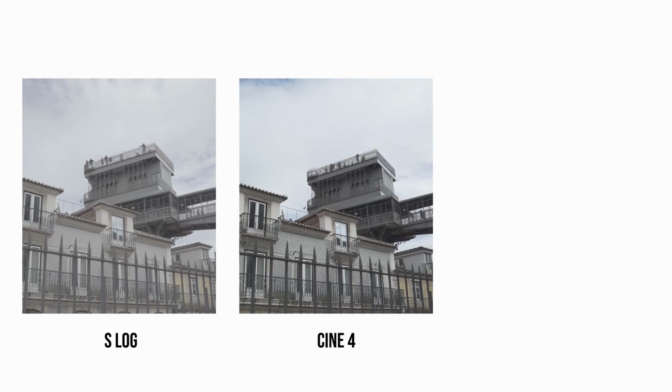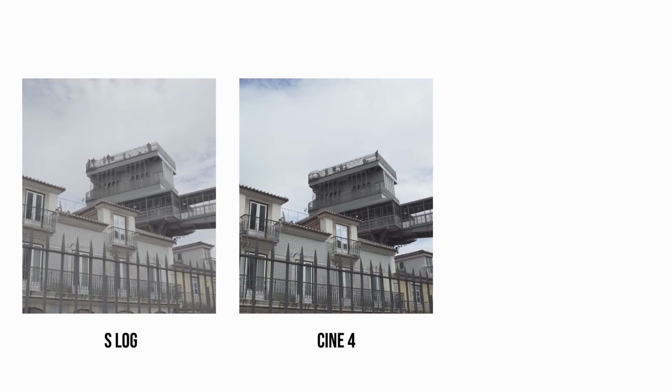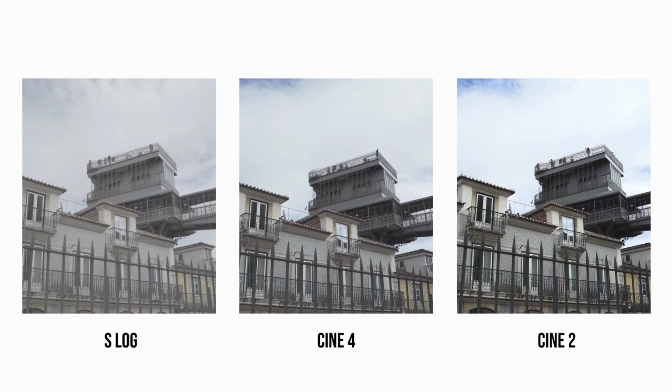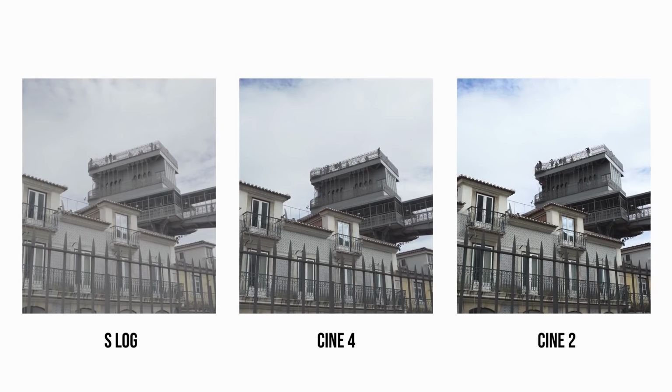So for me, the way to think about it is the brighter the light, the flatter the picture profile I'm going to use. Extremely bright conditions, I might use a log. In normal conditions, day to day, when I'm shooting outdoors, I will almost always use that middle ground, that Cine 4. But if it's nighttime, I want Cine 2, which is even more contrast,